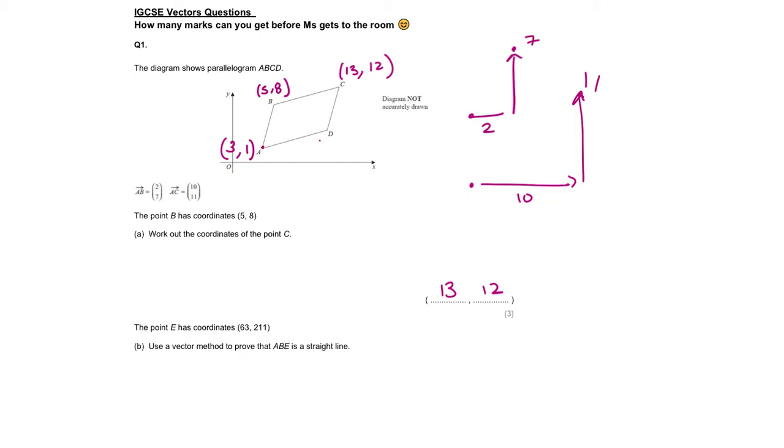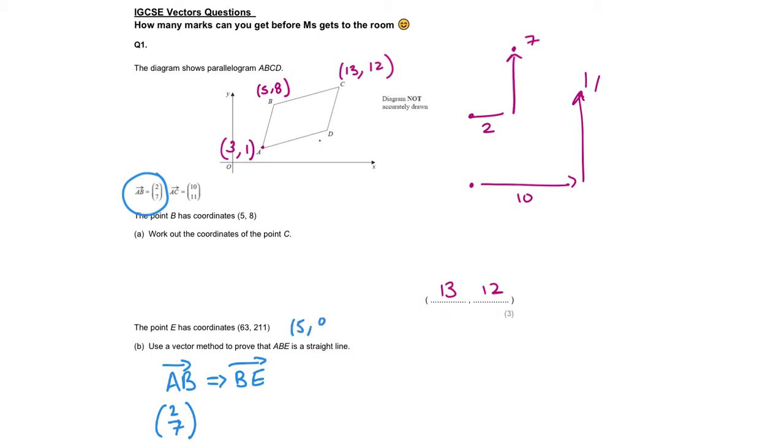So, use a vector method to prove that ABE is a straight line. Okay. How do I prove that it is a straight line? Yeah, we prove that AB is parallel to BE because one of them will be a multiple of the other, and they share a common point, B. Okay? So, how do I go AB? They've told us in the question, to get from A to B, I've gone (2, 7). Okay? B to E. Now,